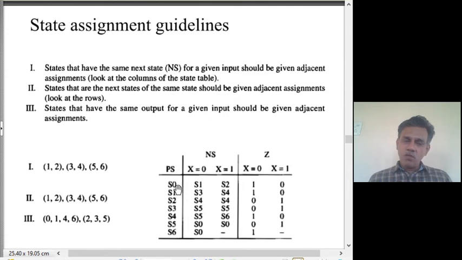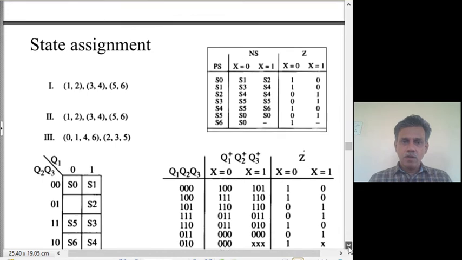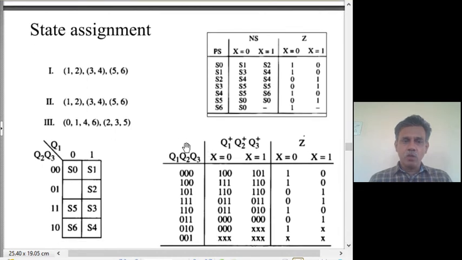Later on we are going to use this. Let me give a quick glimpse of why this assignment is important. Once we do an assignment, we are going to use 3 flip-flops, 3 bits, to represent these states and give out those bit values like this. So for each state S0, S1, and so on, 3 flip-flop bits are being used and their values are given here. These are the values in the next state. The corresponding bits are called Q1 plus, Q2 plus, Q3 plus. So from this state, we go to this state or that state based on this input and output. This is how we encode the state and come up with a truth table like this one.